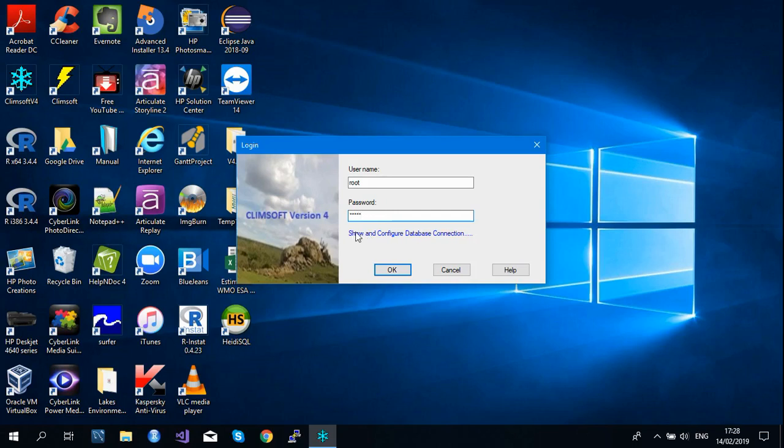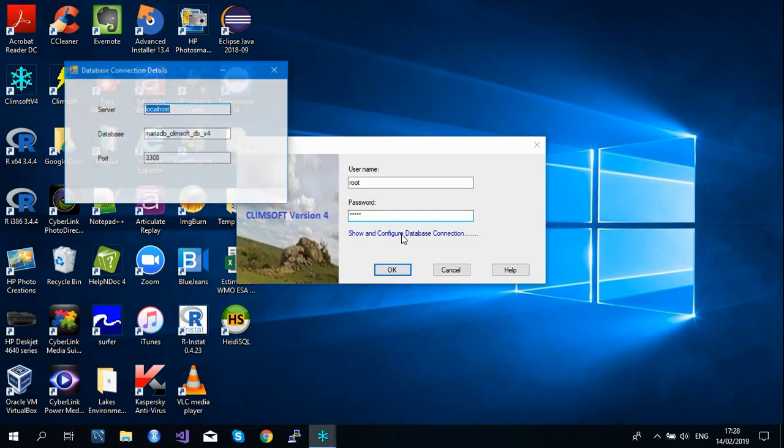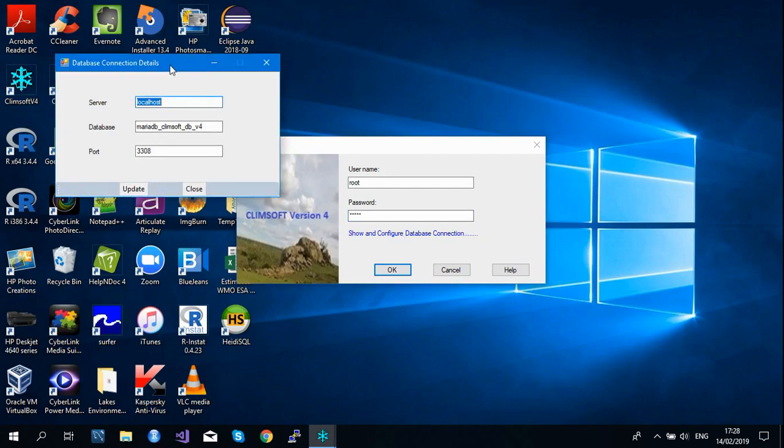And here this blue line, if you click on this link a second time, shows you the configuration of your database. It says that the server is localhost, which means this computer, it's not remote, and this is the database you are pointing to, and this is the port number.